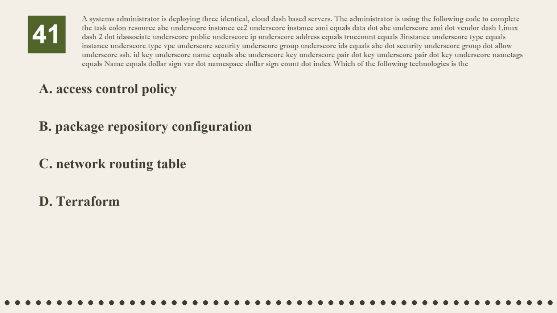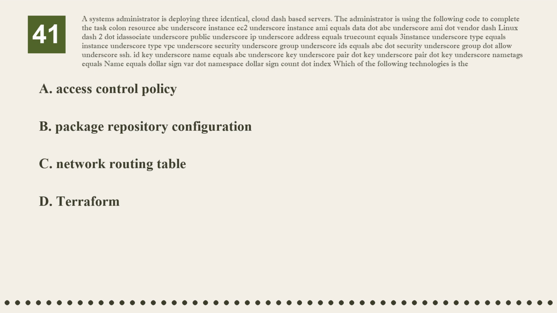Question 41. A systems administrator is deploying 3 identical, cloud-based servers. The administrator is using the following code to complete the task: resource abc_instance ec2_instance, ami equals data.abc_ami.vendor-linux-2.id, associate_public_ip_address equals true, count equals 3, instance_type equals instance_type,